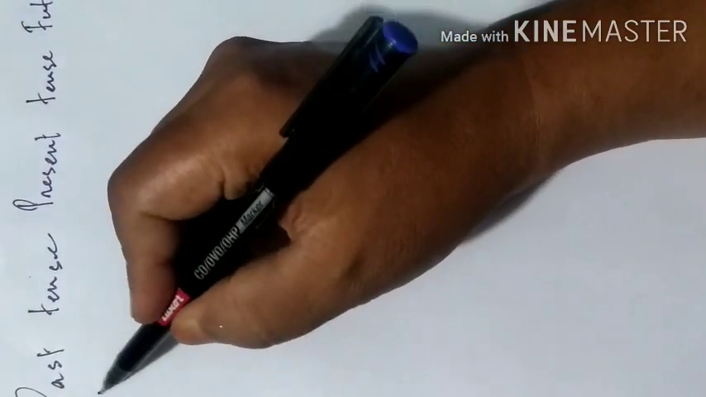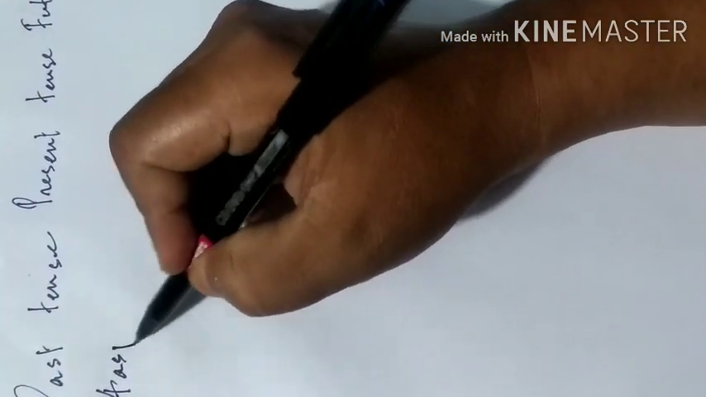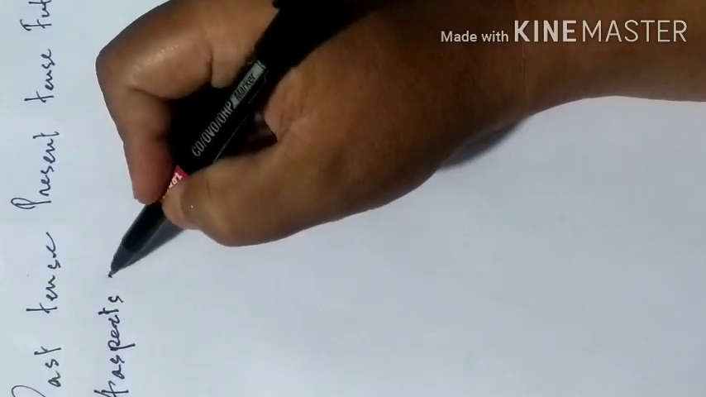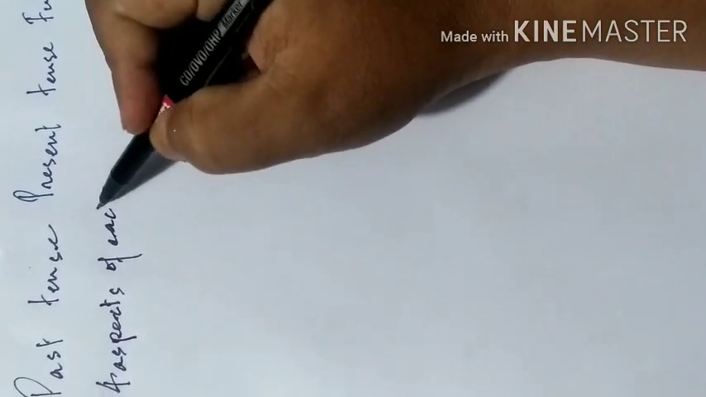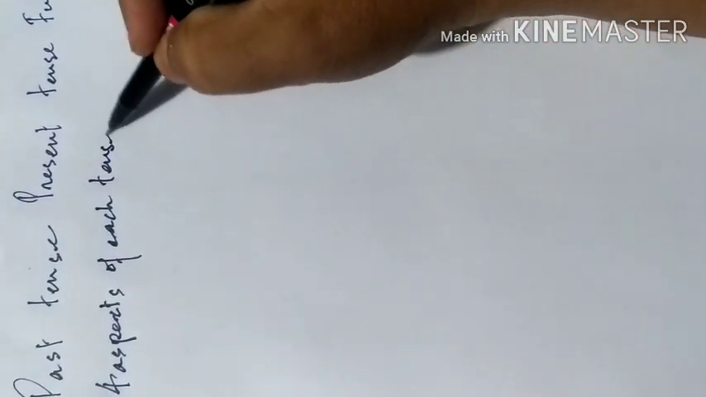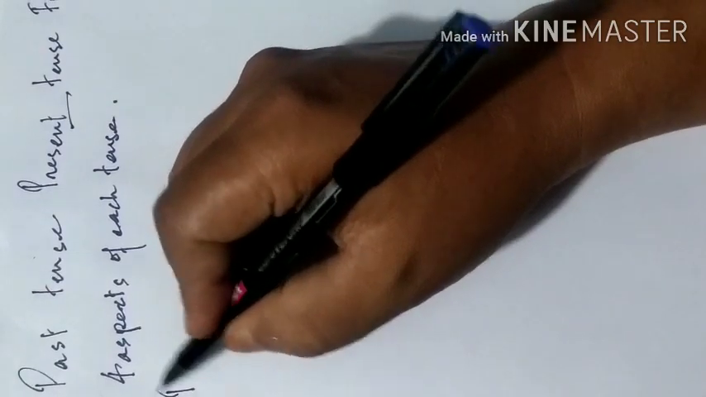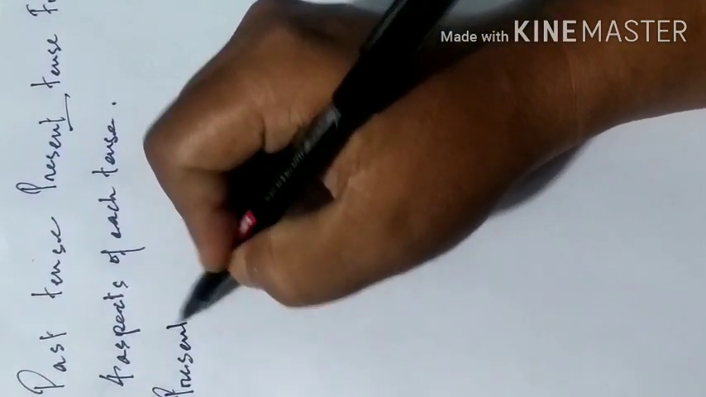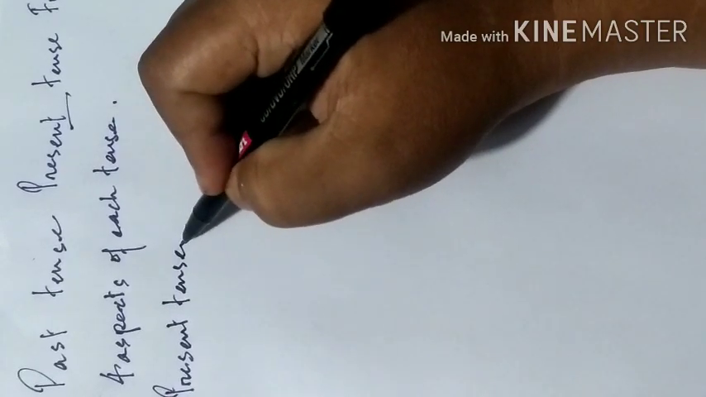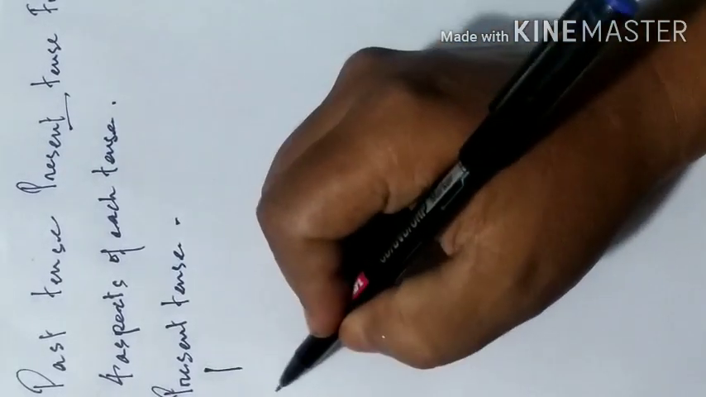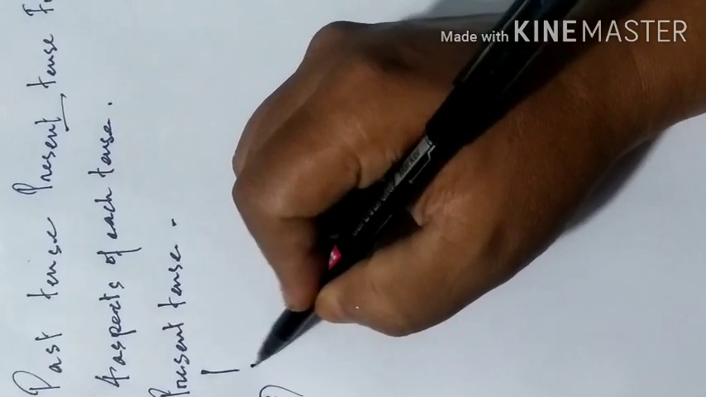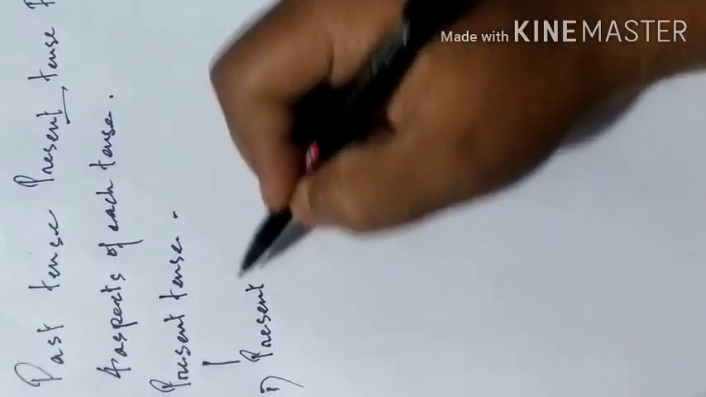And in the past tense, the present tense, and the future tense, we have four aspects of each tense. Again, for example, let me take the present tense first. In the present tense, there is, number one, present indefinite,